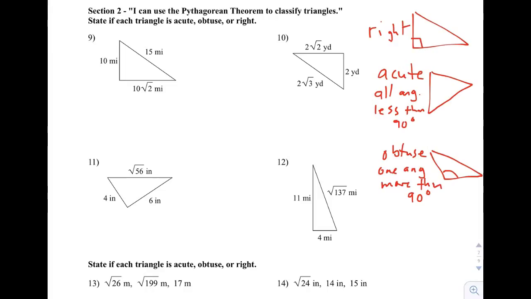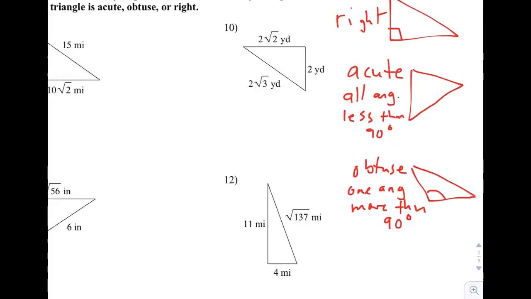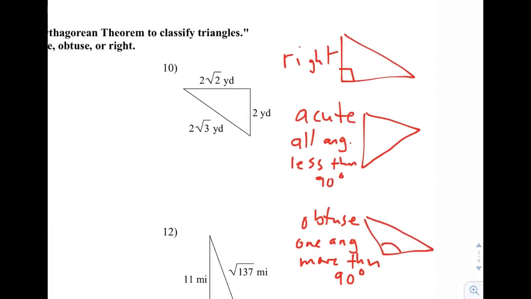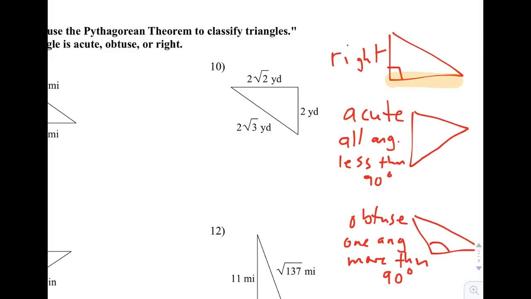What we're going to find, if you look at these not amazing pictures I drew, is that if these two sides are the right length in the Pythagorean theorem such that it does in fact a squared plus b squared equals c squared, then you know you must have a right triangle. In the same way that if you have a right triangle, you can use it to calculate the sides. What happens is if you take your two shorter sides and square them each, add them together, and try to make it your longer side,